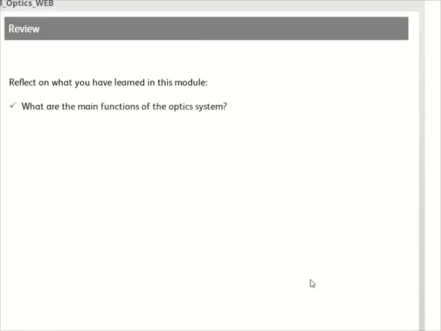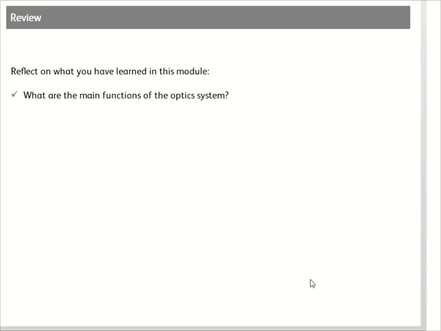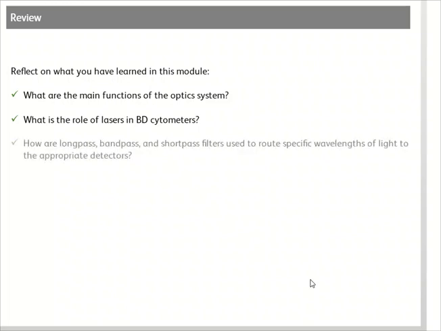Reflect on what you have learned in this module. What are the main functions of the optic system? What is the role of lasers in cytometers? How are longpass, bandpass, and shortpass filters used to route specific wavelengths